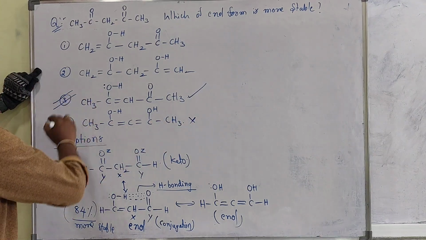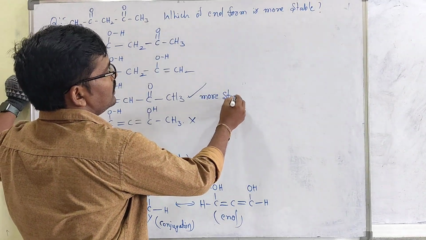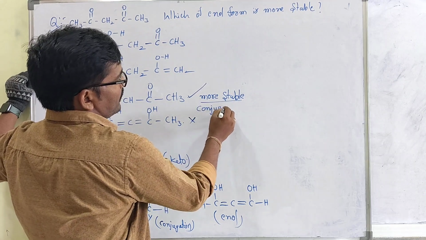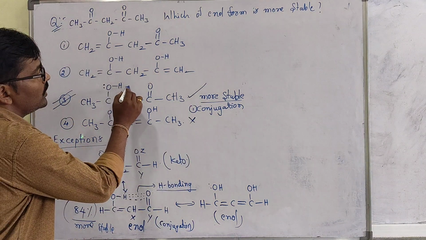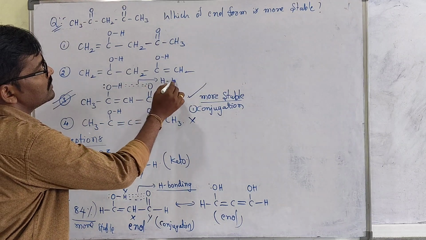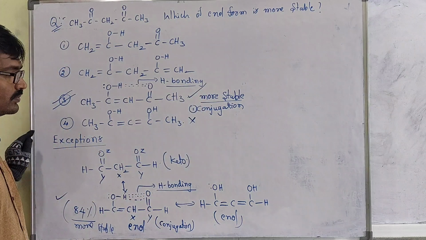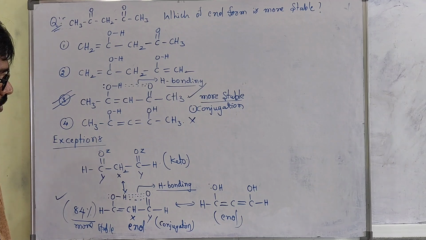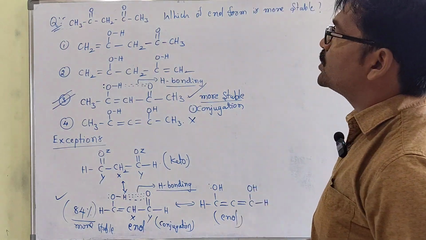So the third one is more stable. Reason? Due to conjugation, one of the reasons. Yes, conjugation. Then hydrogen bonding is also there, hydrogen bonding between hydrogen and oxygen. Hydrogen bonding is also there. That's what I told. So this is more stable. Clear? Okay, based on this, I will ask you one question of the same type, that is